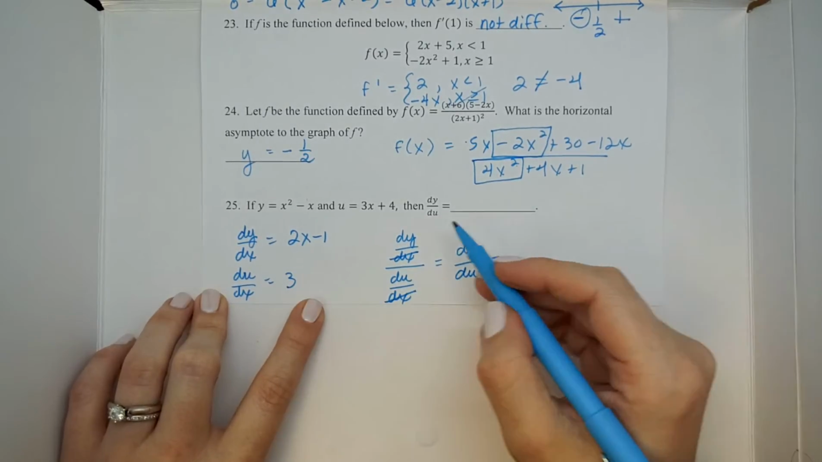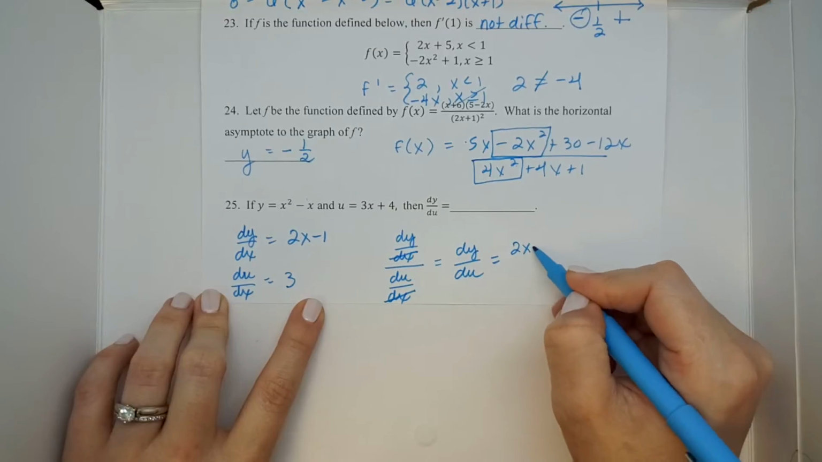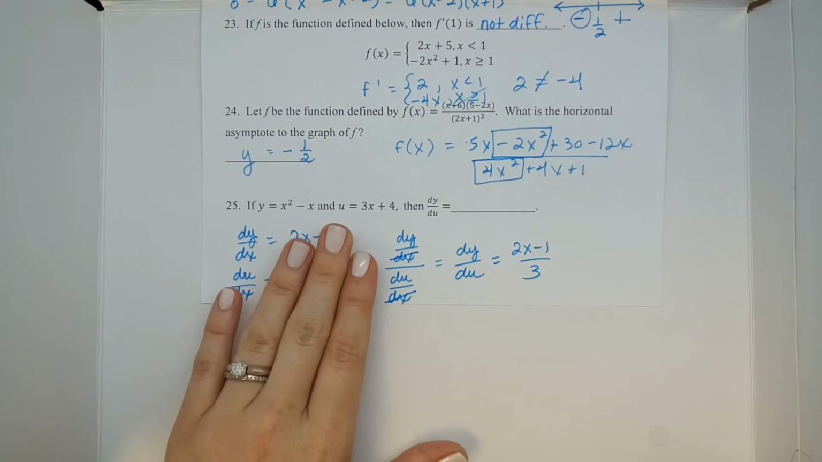So dy dx over du dx is 2x minus 1 over 3. Okay. On number 26,